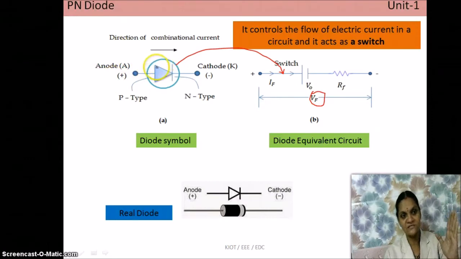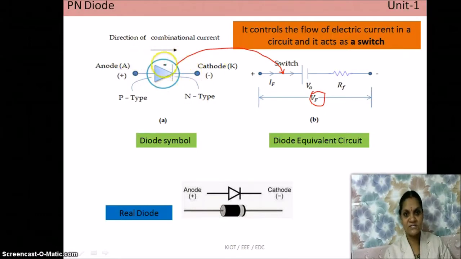That means normally this flat end terminal acts as the anode, and when you look at a practical diode you will understand that the curved terminal acts as the cathode. Anode is represented by A having positive polarity, and cathode is represented by K having negative polarity. This diode allows the current to flow only in one direction. It is a unidirectional device. It is also a two-terminal device. The unidirectional current usually flows from the anode terminal towards the cathode terminal.